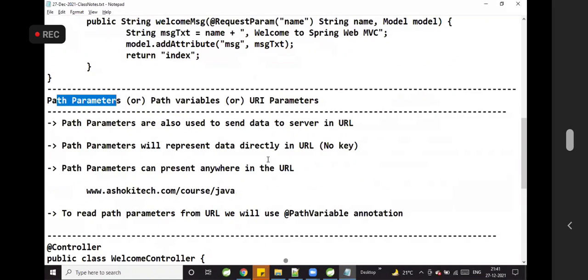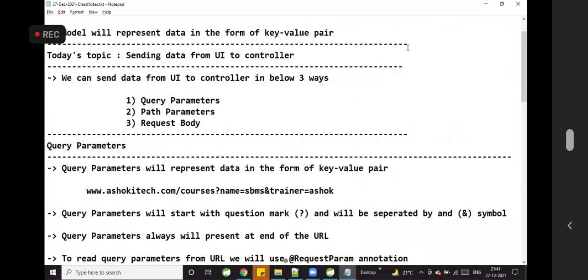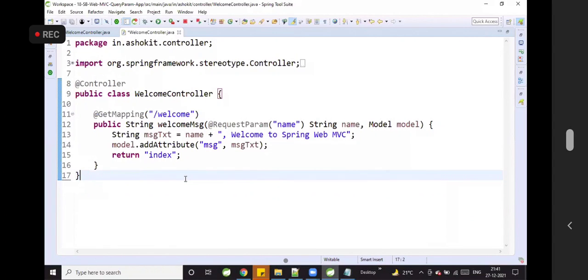I'm going to give you the perfect use case when to go for query parameter and when to go for path parameter in the RESTful services. But do you understand the concept of query parameter and path parameter?